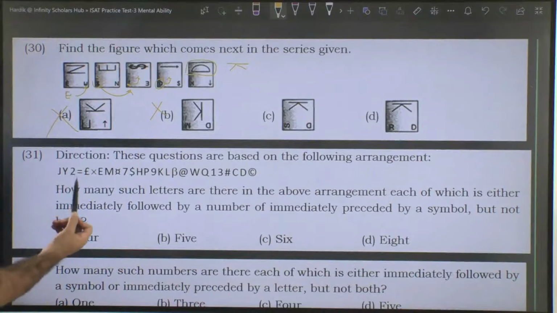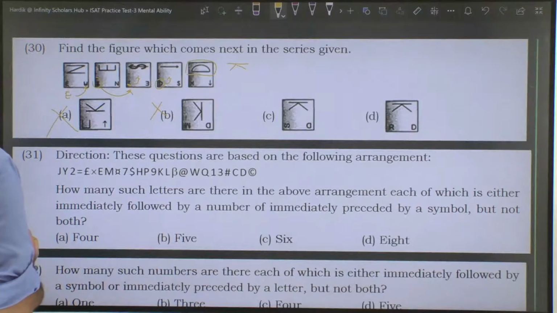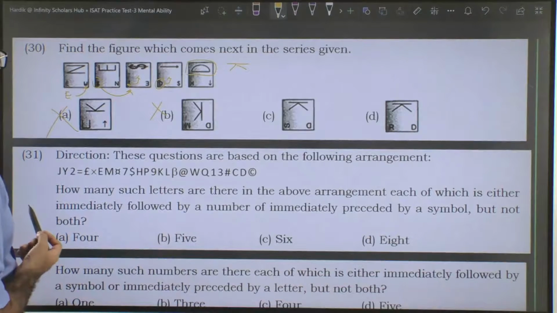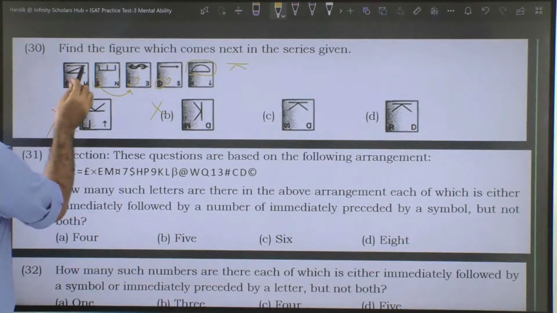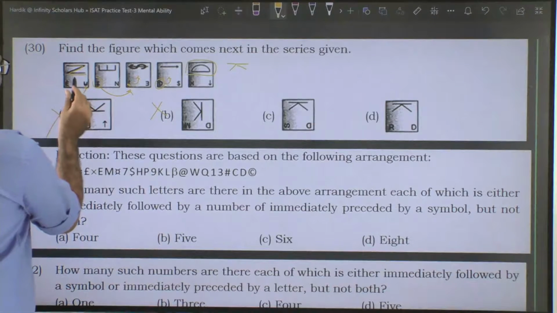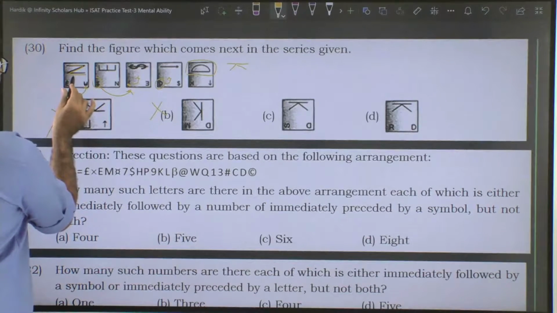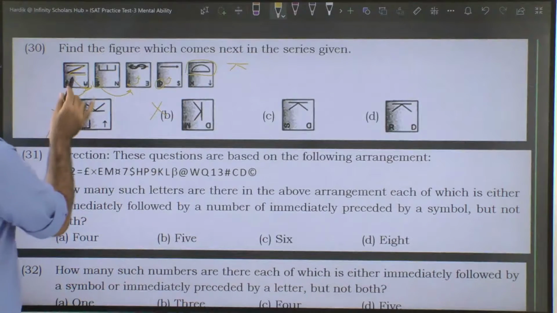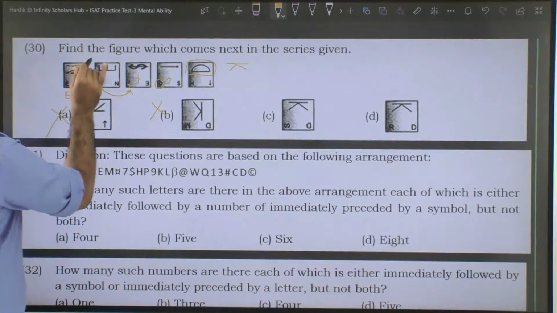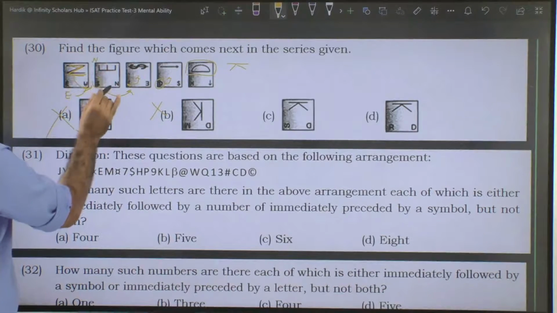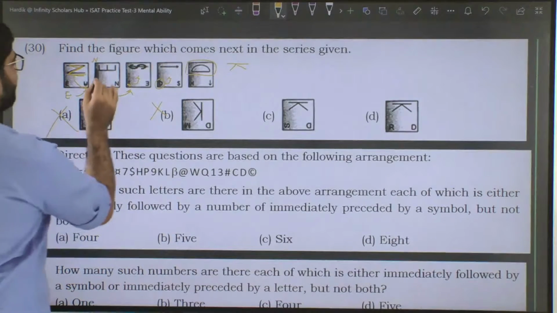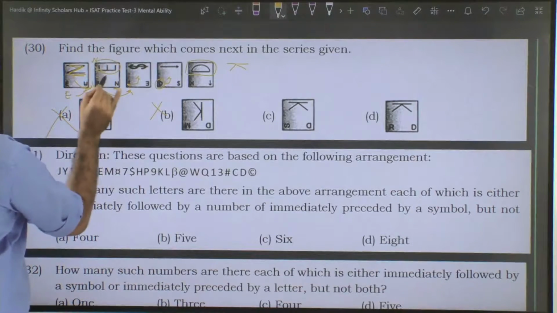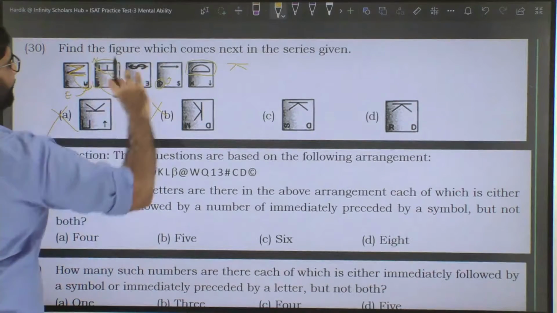Okay. Now let's find out what else we can make out from the figure given. Let's look at the figure at the top. Now see, whatever is the figure at the top, what is happening? It is rotating again, anti-clockwise by 90 degrees. If you see, N is like this. So if we rotate it by 90 degrees in the anti-clockwise direction, it will look like this. So definitely that thing is happening. Again E is there over here. If you see this E, it is also rotated by 90 degrees in the anti-clockwise direction.